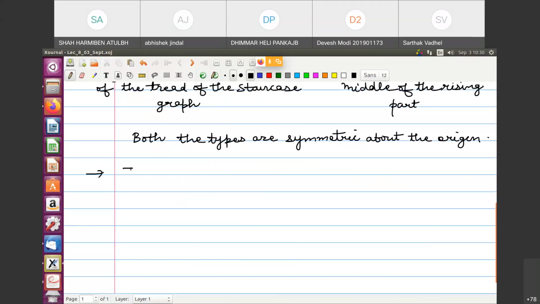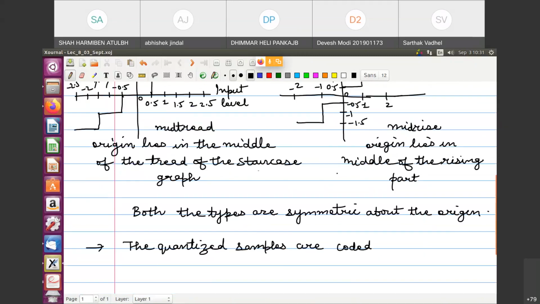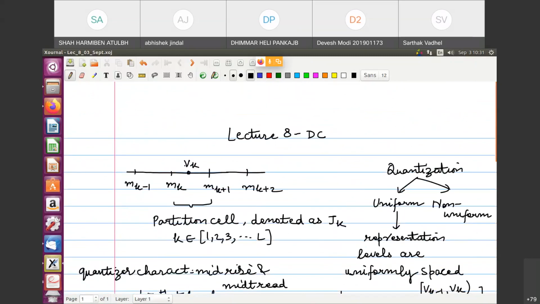Let us say the quantized samples are coded. I have not introduced coding right now. Coding means that simply a binary code or a ternary code is put up. We will see what this code is once we are done with the calculation of error and with the mu law and A law. For the time being, just assume that there is some sort of binary or ternary code which represents each level. So let us say V of k is a level. If we have, let us say, L as 64, then you require 8 bits to represent V of k.